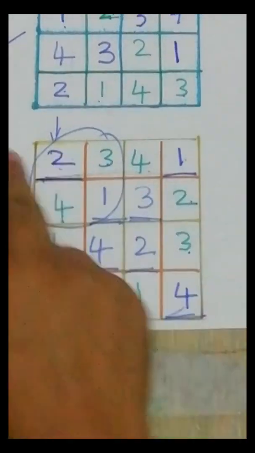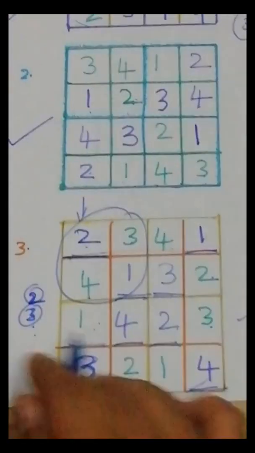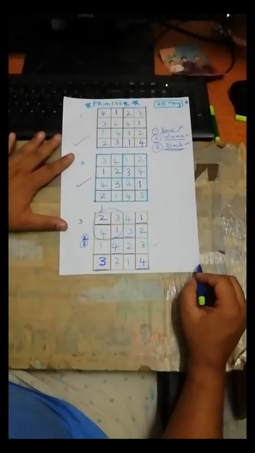See, this is how I solved it. I used both the column rule and the row rule at the same time, and I used the block rule multiple times. So this is a little more difficult one compared to the other two. And you can solve a Sudoku puzzle in any way, but make sure that the end result is the same and it follows all the rules. Thank you very much.